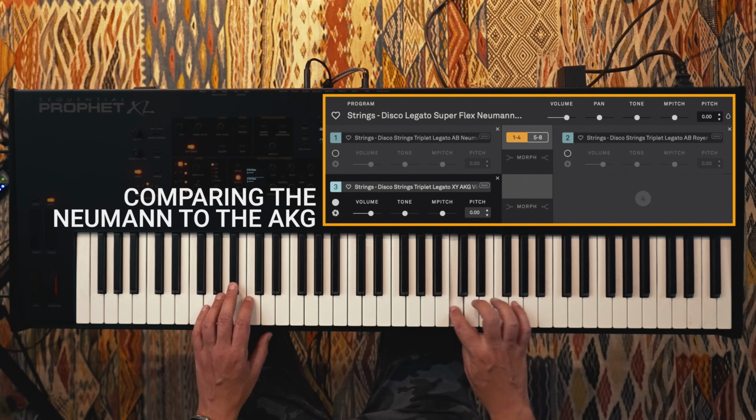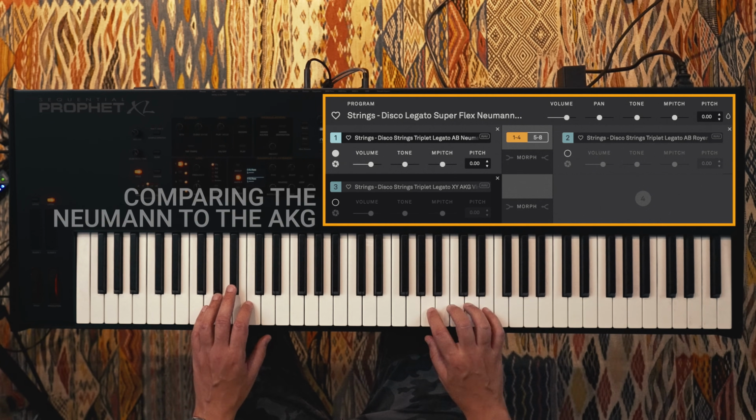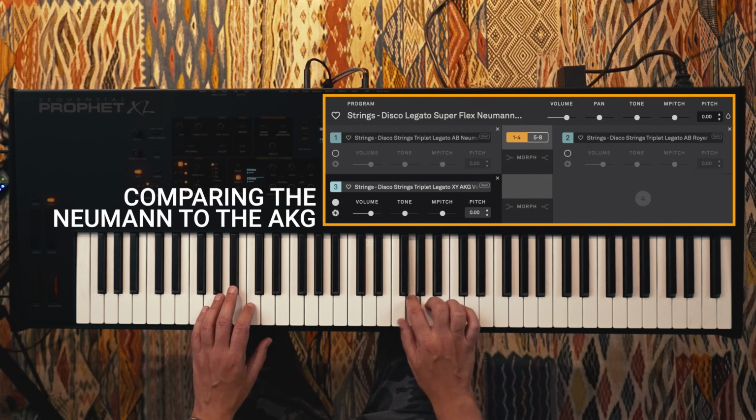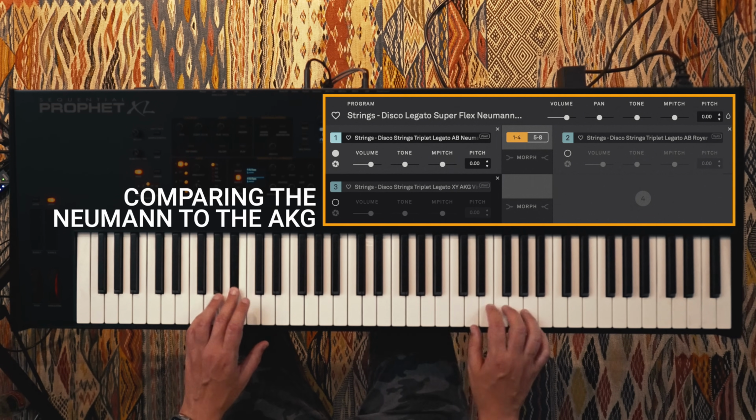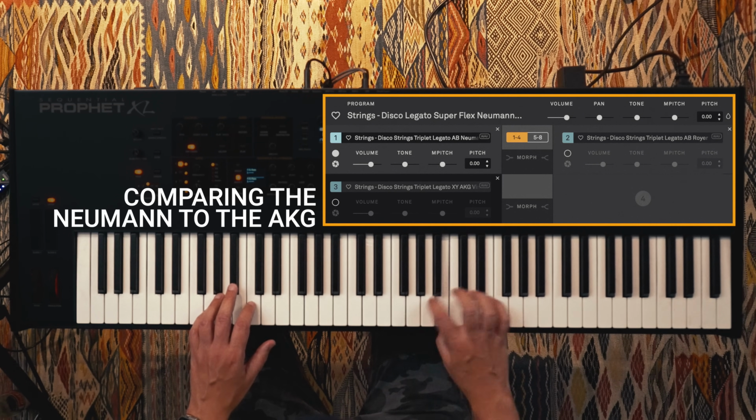The Royers are known to be a little more electric in their sound. I love the Ornaments here as well, and the AKGs. The AKG has a very, very vintage-like sound. It's the oldest of all the microphones, if we compare the AKG to the Neumann, different colors. The Ornaments are a little more silky maybe, and the AKGs have a little bit of a thinner but more pointy kind of profile. Just different kinds of softness profiles, different kinds of silk, if you will.